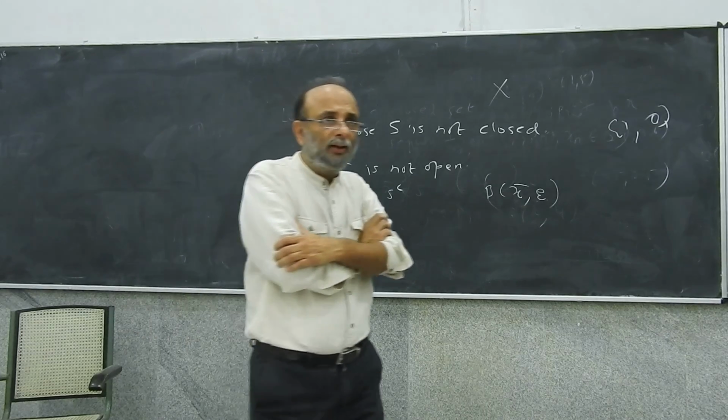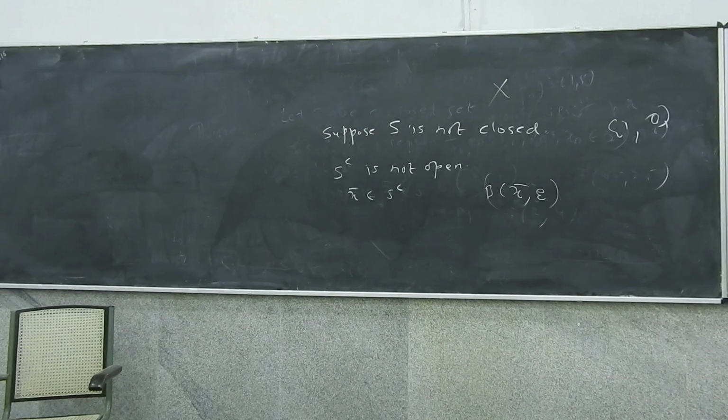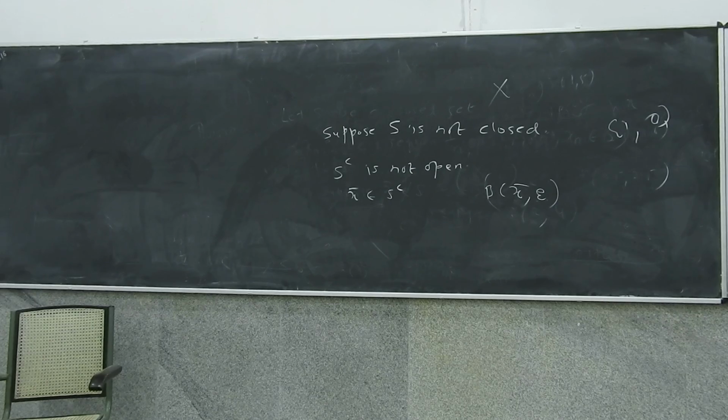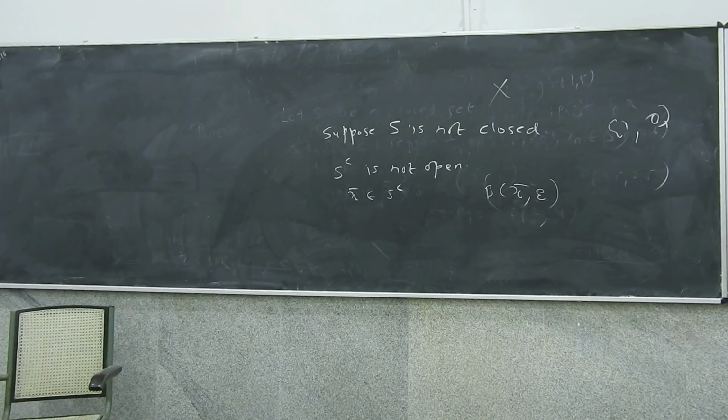So we are done, no? We are done really, because what do we have? If S is not closed, S complement is not open. Right? By definition, what do you have? X bar belongs to S complement because X bar does not belong to S. Right? Okay? So around every X bar, by definition,